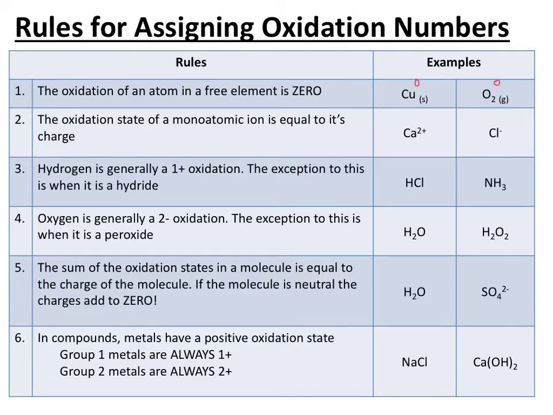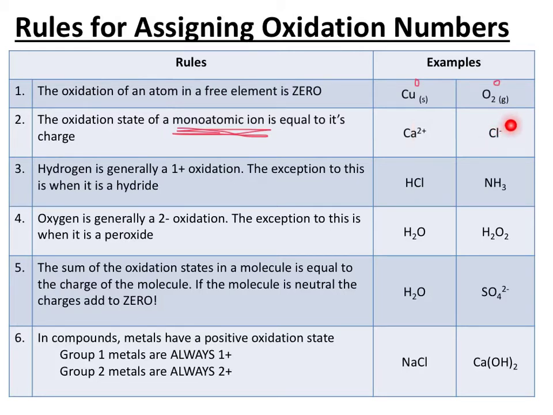Okay, so moving on. The oxidation state of a monoatomic ion is equal to its charge. So this word monoatomic means I've got an atom that's by itself. It's an ion. And so when I look here, calcium, it's got a 2+ charge, right? That means this has already had the electrons transferred. And so if I have a charge up here already, that means my oxidation state is equal to my charge,